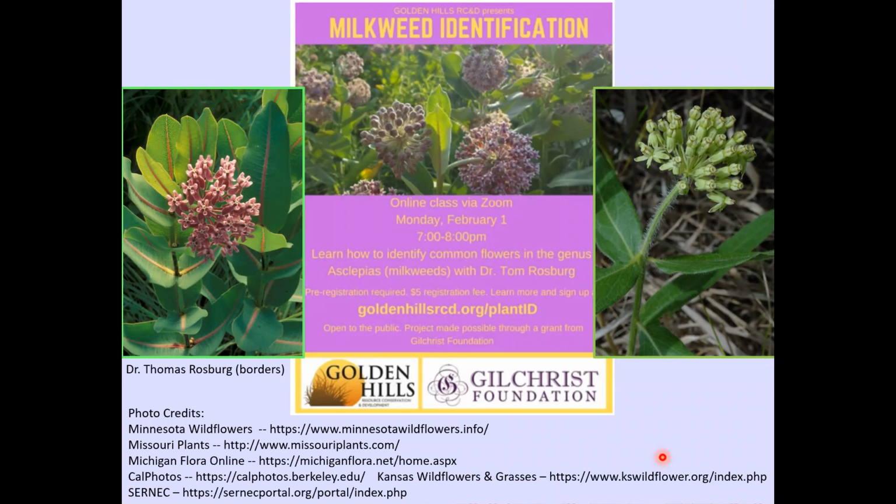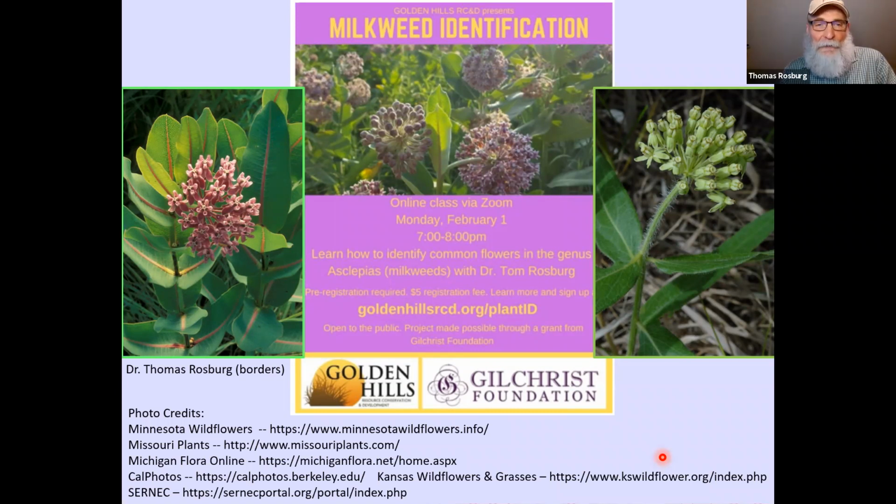So milkweeds, of course, I think pretty much everybody can probably identify a milkweed, or most of you can certainly pick one out, at least tell that it's a milkweed species. Milkweeds are pretty easy to identify, at least to genus. And of course, they're pretty